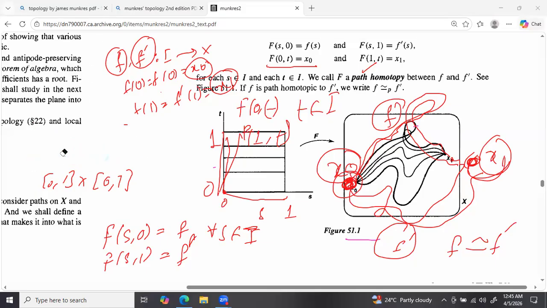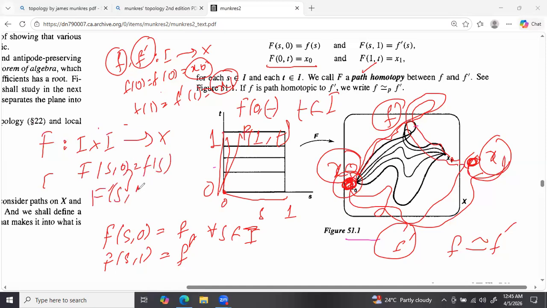Such type of continuous map F from I cross I to X, such that F of s comma 0 we get f of s, F of s comma 1 we get f prime of s, and if we substitute F of 0 comma t for all t belongs to I, we get x naught, and if we change s is equal to 1, we get x1 for all t